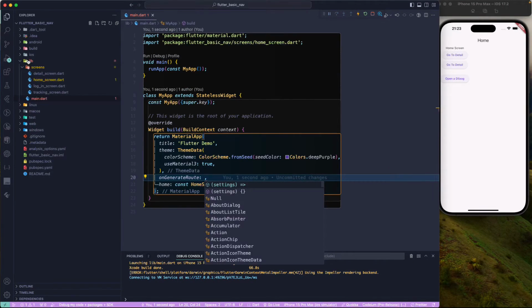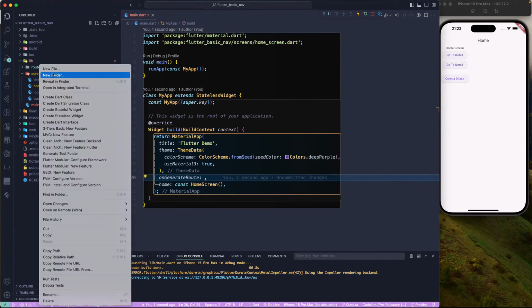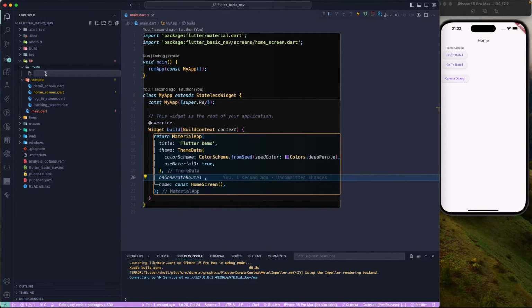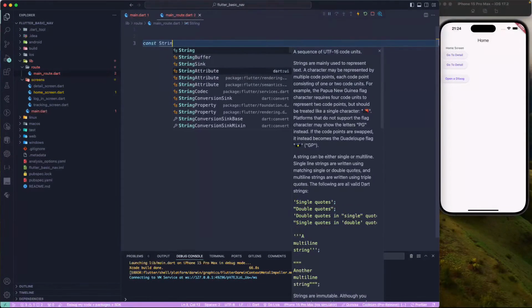And what we'll do over here is we'll go and create a new folder over here, and let's call this one route, so we can separate it over here. And let's create the file over here as app route, or let's just call it main_route.dart file over here. And once we have that, what we need to do is here we will manage all of our routes. So first of all, we'll manage the const string,